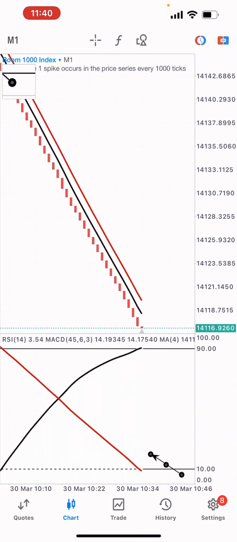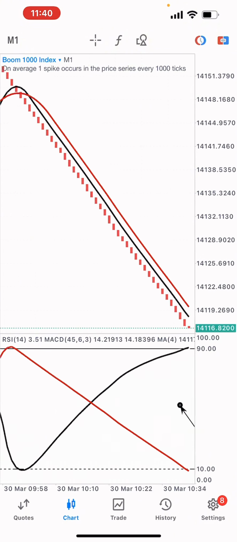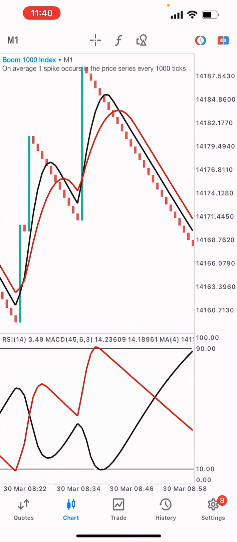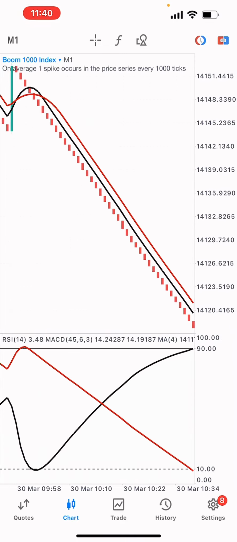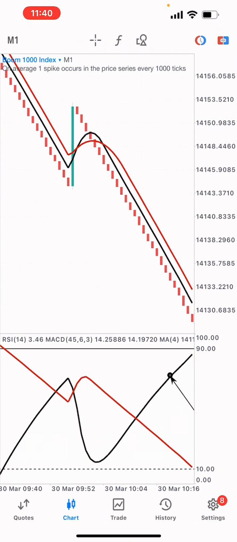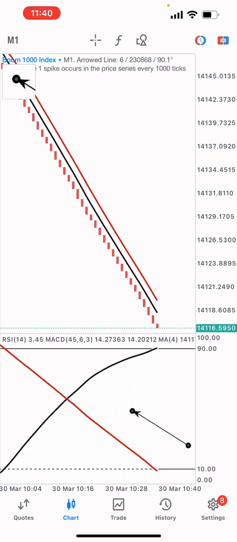But we are not interested in that. We're actually interested in buying and selling, not trying to catch spikes. So we're going to be selling Boom 1000 and then buying Crash 1000. For this particular strategy to work, you want a spike to occur, and when that spike occurs,